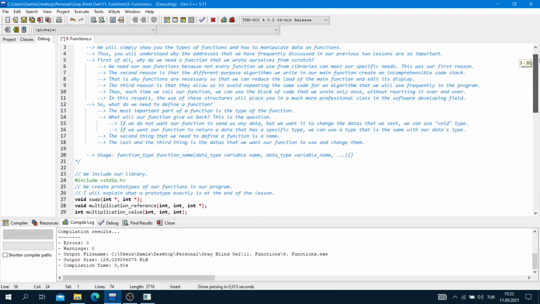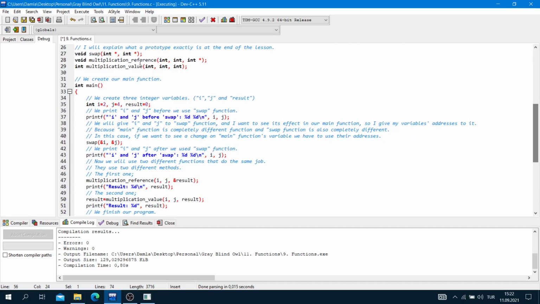We put these parameters: void swap integer pointer, comma, integer pointer, semicolon. This is a prototype. When we use this, our compiler knows the void function.